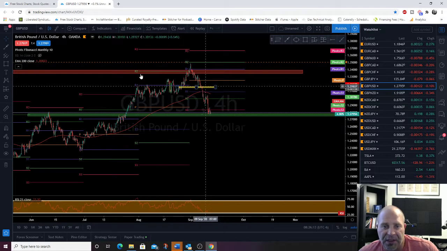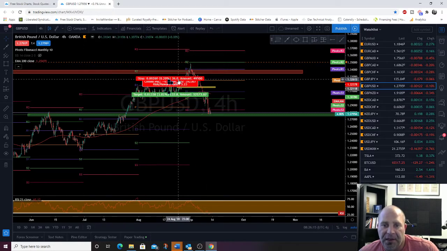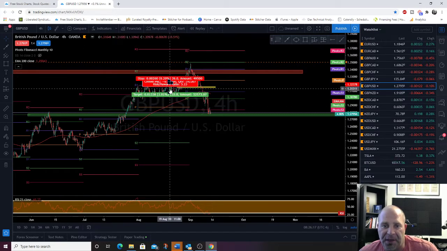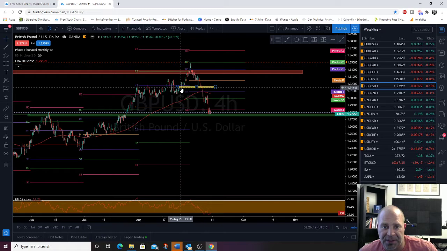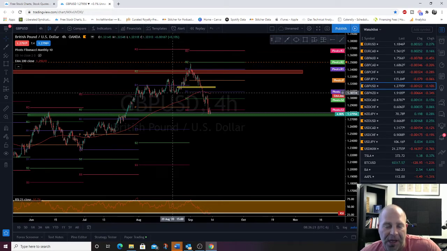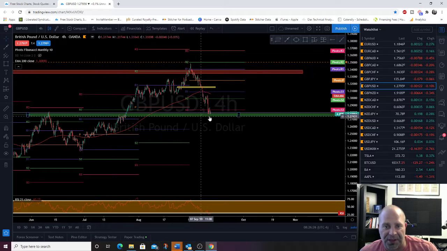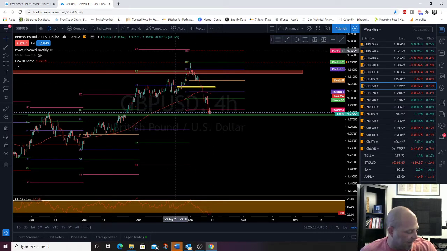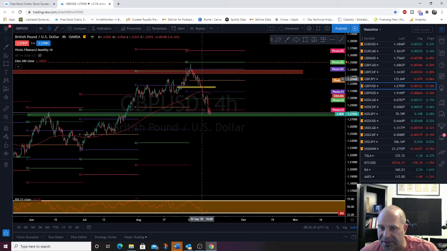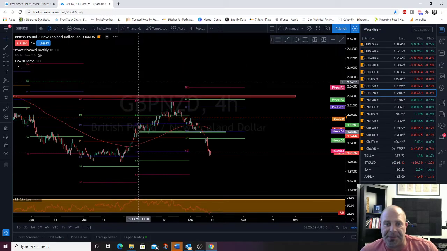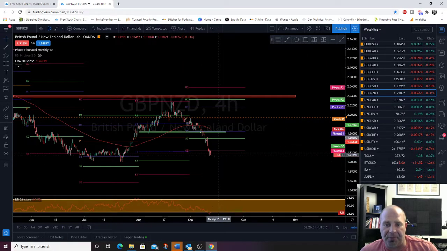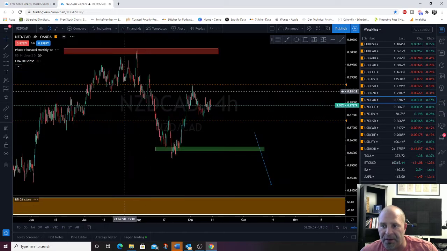I actually, in my robot account, my robot got long this pair in quite a few spots this week over my masterclass robot account. And this is 3/4 of our drawdown. So we've definitely got to deal with it, right? Gonna have to deal with it. GBPNZD, same thing. We're all the way down there on those